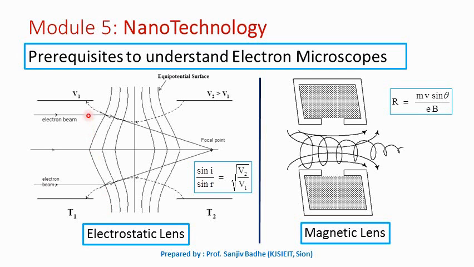This non-uniform electric field can be obtained with the help of two coaxial metal tubes, T1 and T2. These two tubes T1 and T2 are kept in front of each other with a small gap between them. These are hollow tubes. Potential V1 is maintained on one tube, potential V2 is maintained on the other tube. Due to this, a non-uniform electric field is produced in the gap between the two tubes as a result of different potentials applied to the tubes.